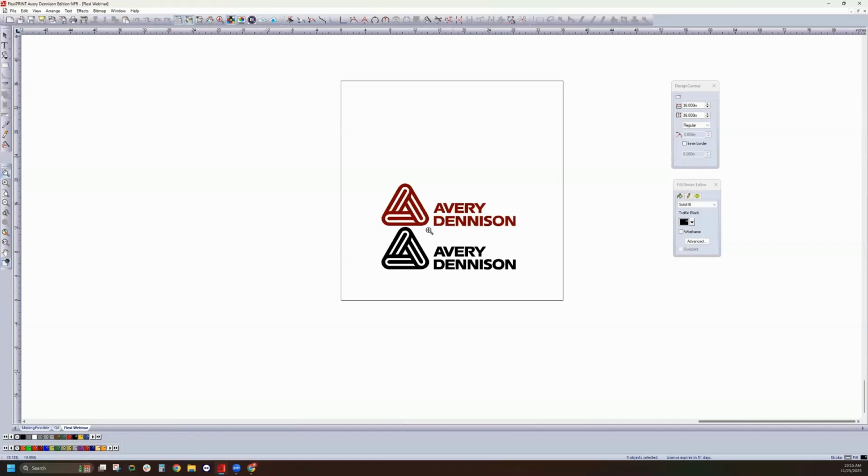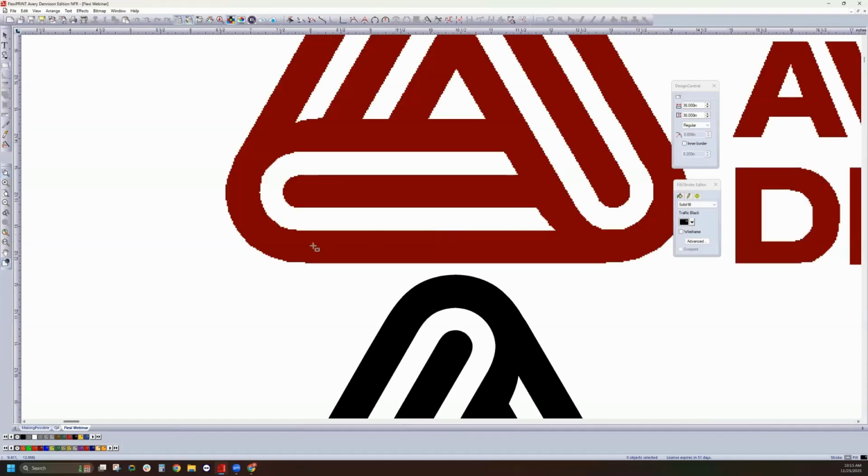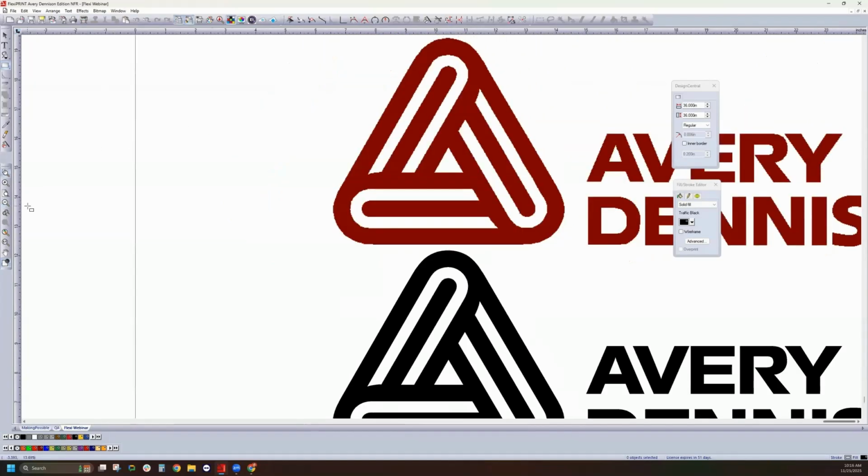These two Avery Dennison logos are a good example of that. The black Avery Dennison logo is a vector one and the red is a raster or a bitmap. If I zoom in here, we can see that the black stays nice and sharp, but the red logo starts getting some blurriness or chunkiness from the pixels. So if we wanted to print the red one large, it's not going to look very good. How you can tell the difference between these things in Flexi is, other than the obvious resolution issue,